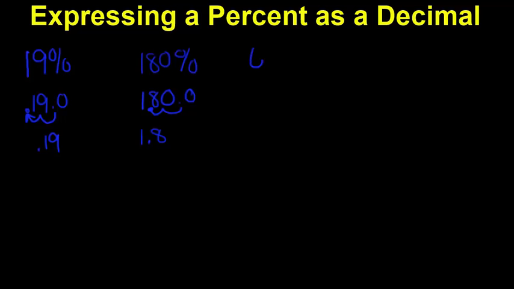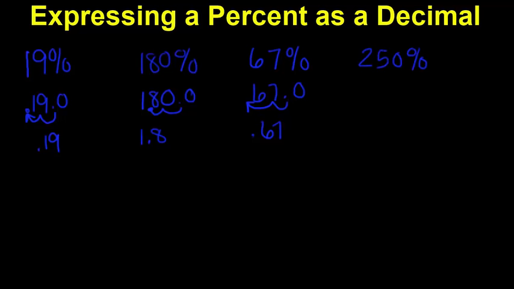Let's say we have 67%, and I want to make that a decimal number. So write it as 67 with a decimal point in it already. So that's really 67.0, and then move it 2 places to the left, making it 0.67. And let's do one more,